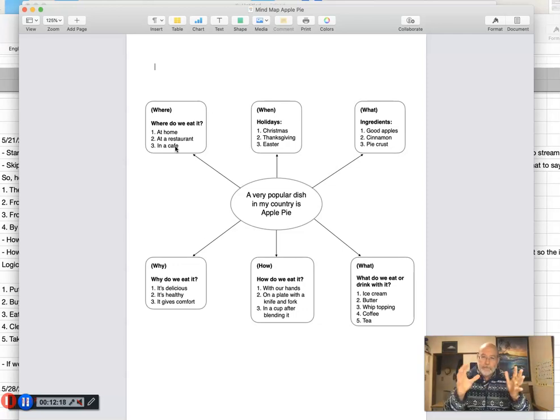Okay, so Jody gets those ideas from his research, maybe the internet or from talking to a friend or a book, and then Jody begins to put those ideas here in his mind map. How about when? So when do we enjoy eating apple pie? Well, perhaps Christmas or Thanksgiving or Easter. So if Jody wants to talk about when people eat apple pie,